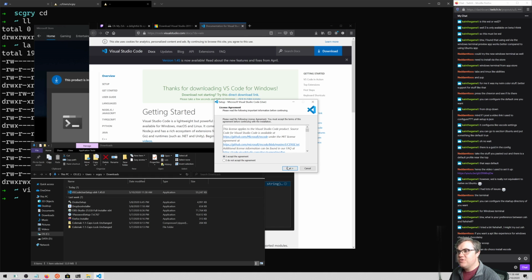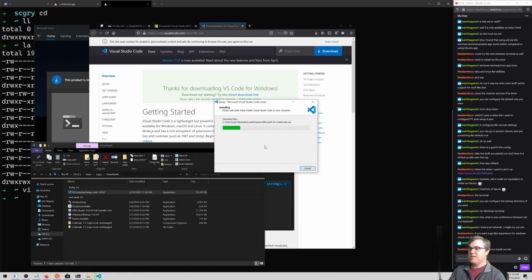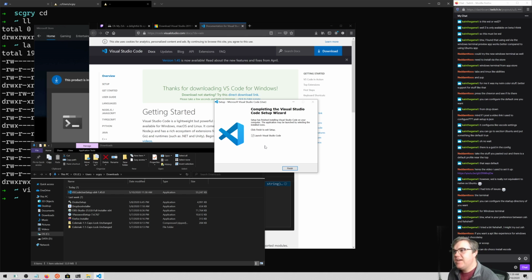You are from Visual Studio Code, you're going to install there. Whatever, I'll deal with you later. Okay, add to path. This is going to be interesting to see how that's going to work with the Windows Subsystem for Linux. Super fast install. And then let's go ahead and launch it.